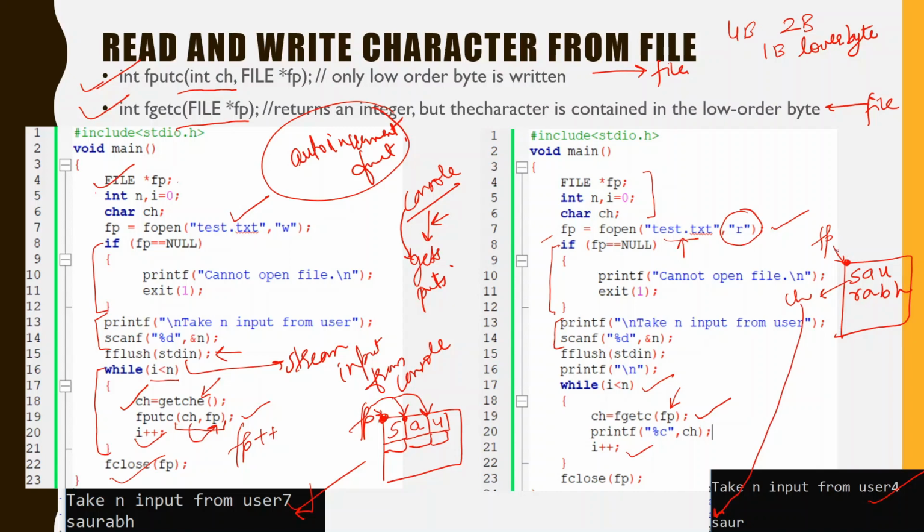Then fp is auto incremented to a, this a is moved to ch, and ch is printed with the help of printf, and a is printed. In this way, with the help of this while loop and again using fgetc, we can access each character of the file. This is accessing a file character by character.